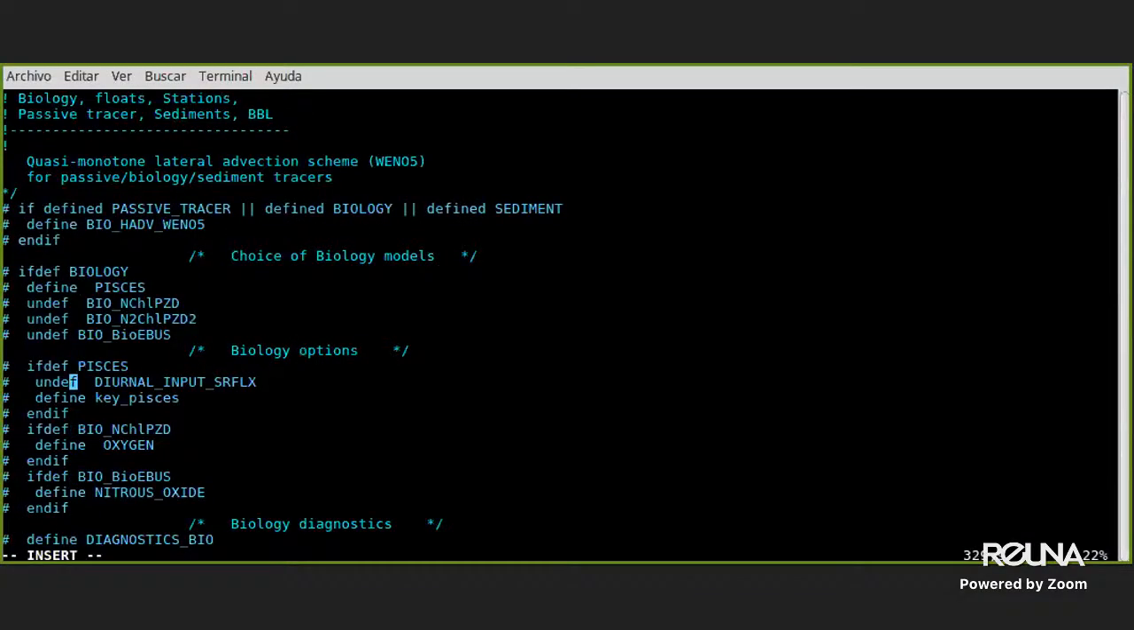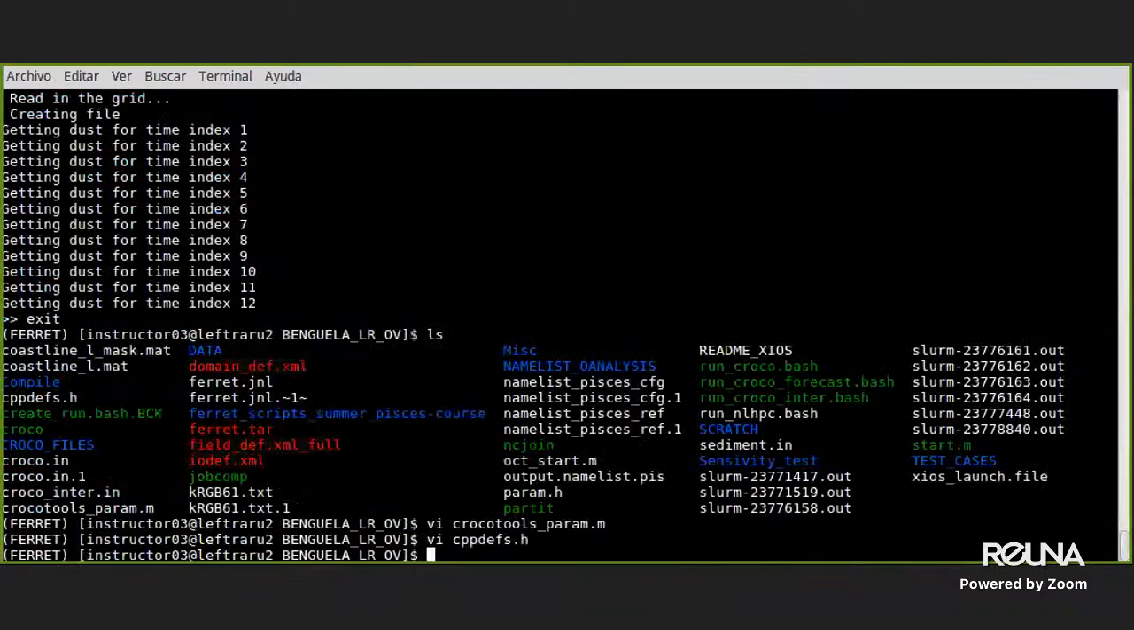Biological models. Define PISCES. Okay, fine. And don't forget that these other models can be undefined. We change the CPPDEFS. For this reason, we must compile. Okay, and to compile, don't forget to write M